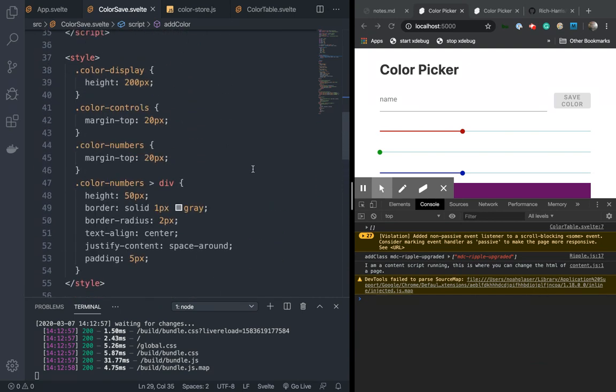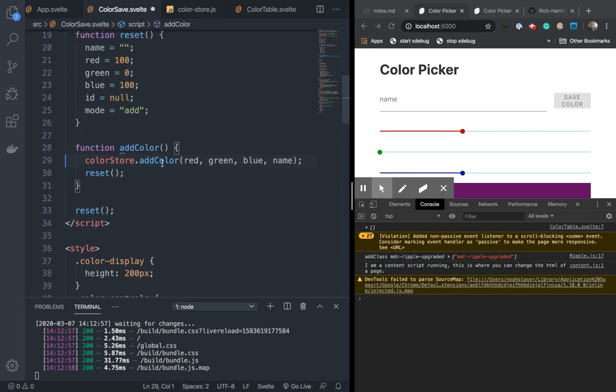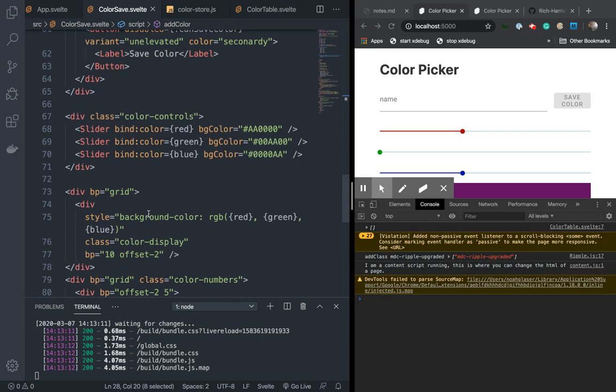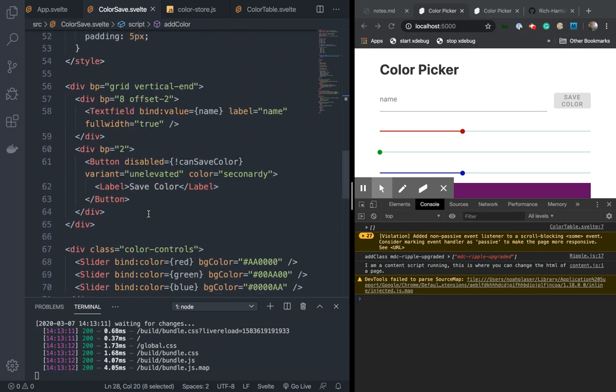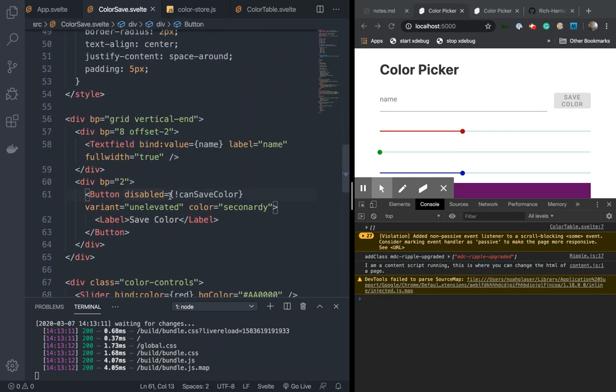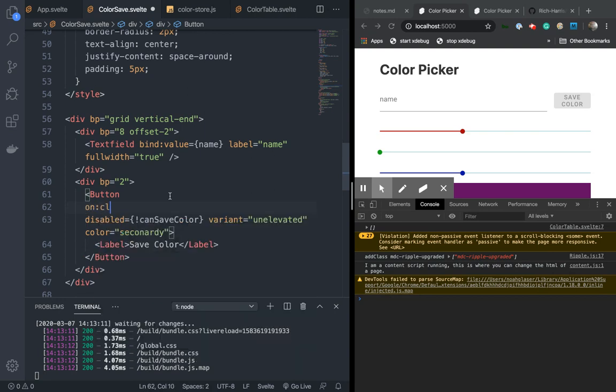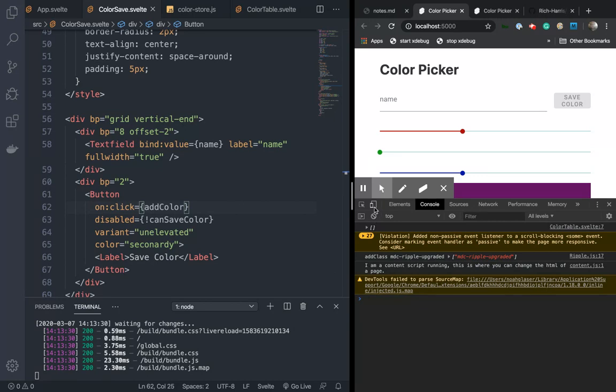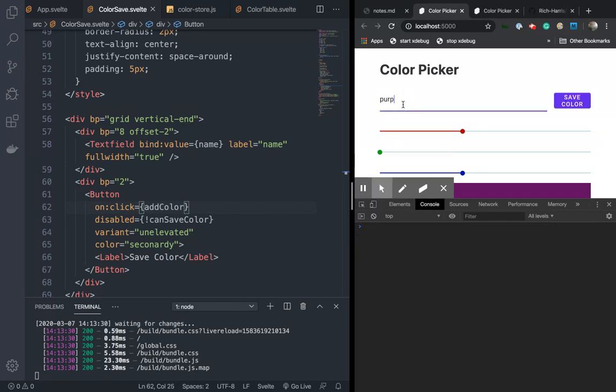Oh my God. Oh, I'm so sorry, guys. Okay, so what was happening is that we did not hook up our button to it. So let's go back here, and if we hook up our button to the value, add color. You guys probably saw that. I'm so sorry. And then if I type in purple,